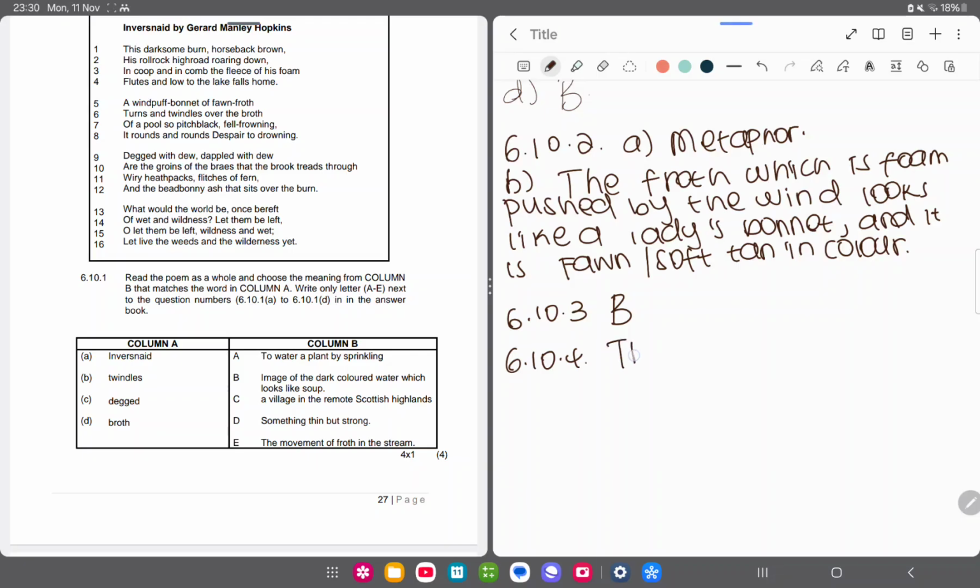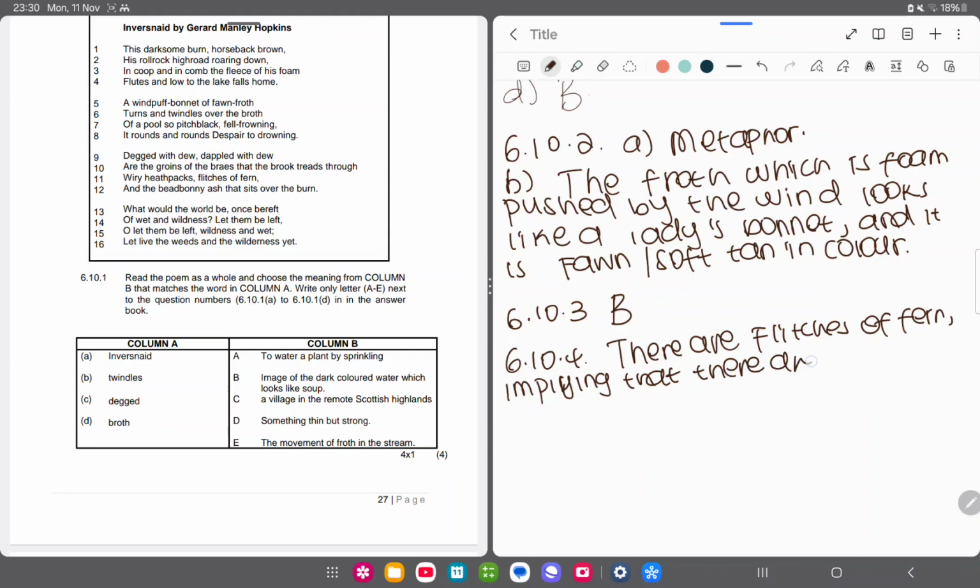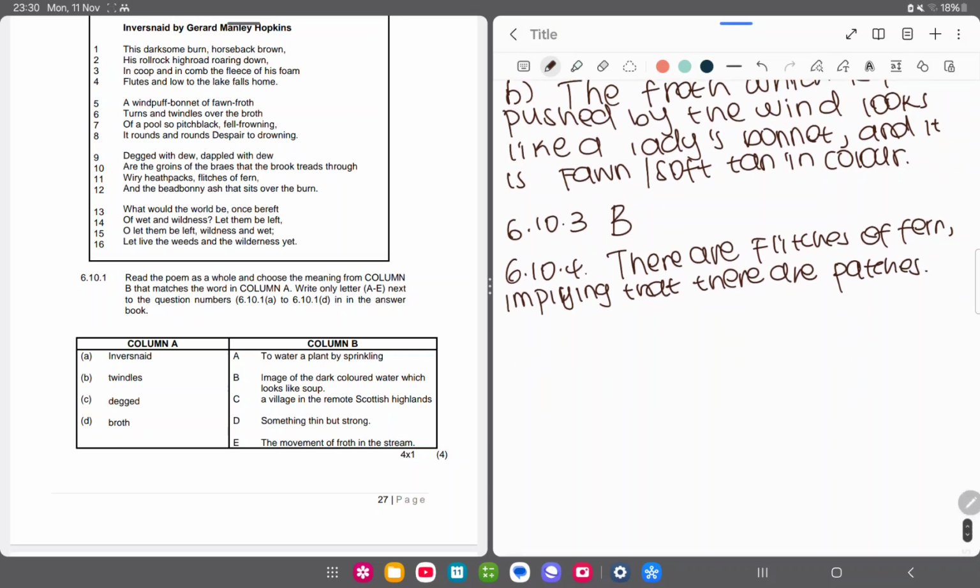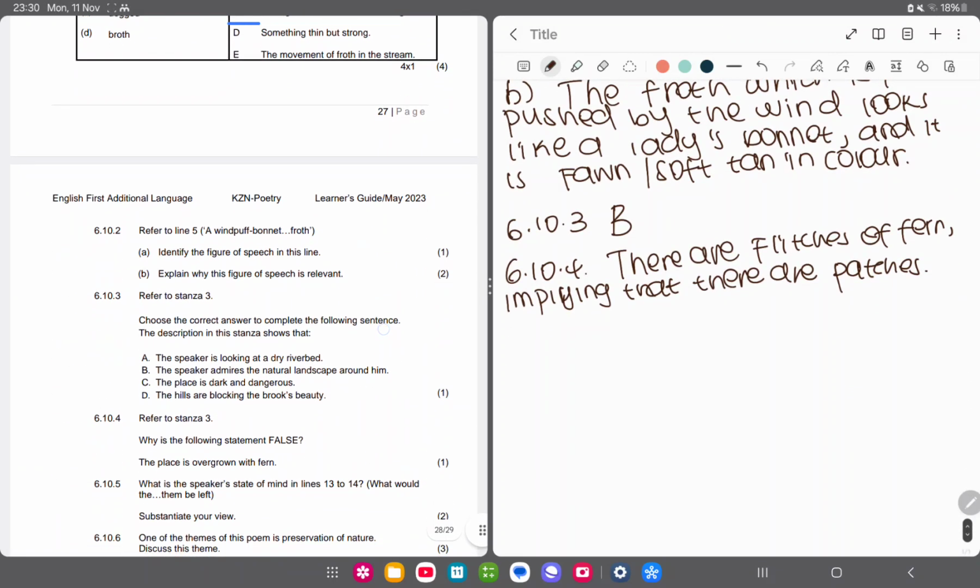So we can say there are flitches of fern, and hence this implying that there are patches, meaning it is not completely or it is not overgrown with fern trees. Right, let's go to